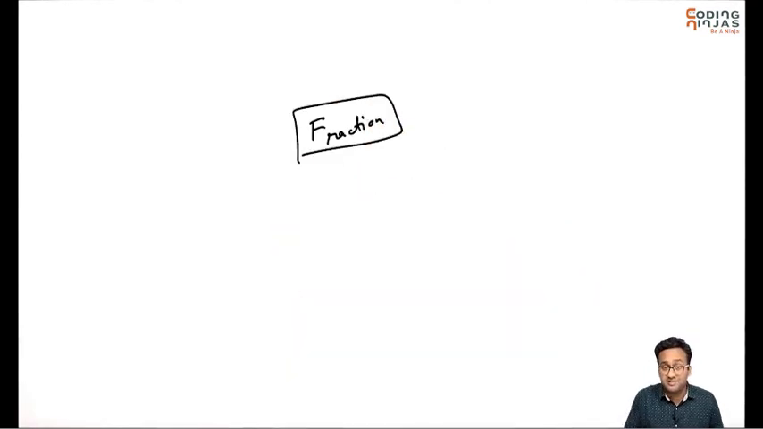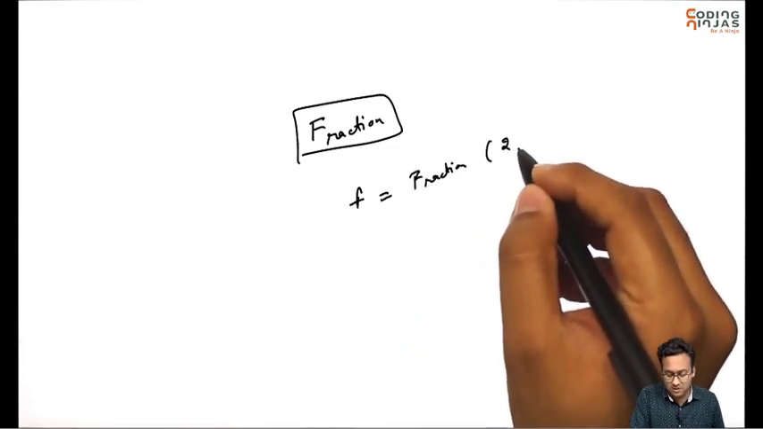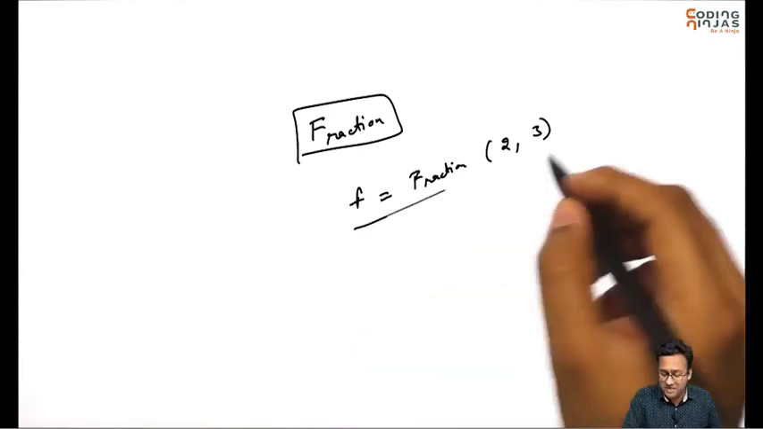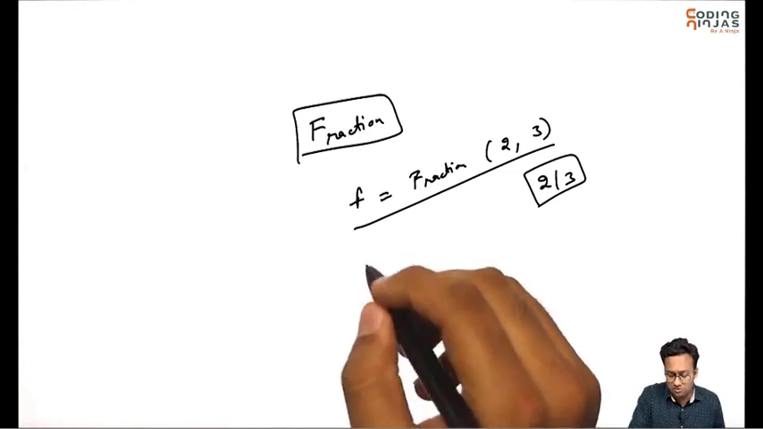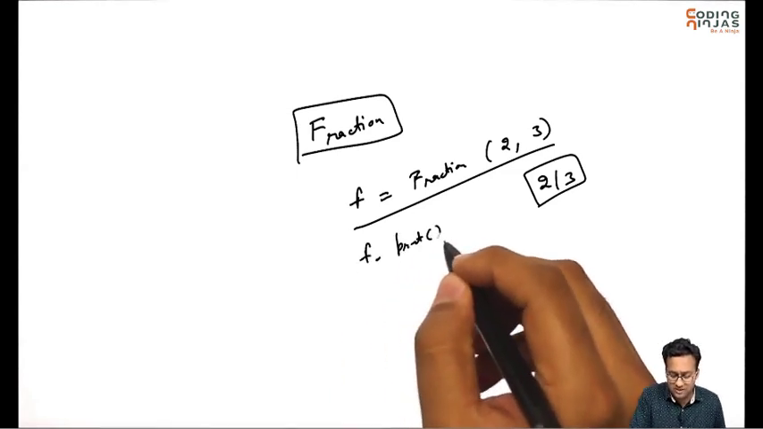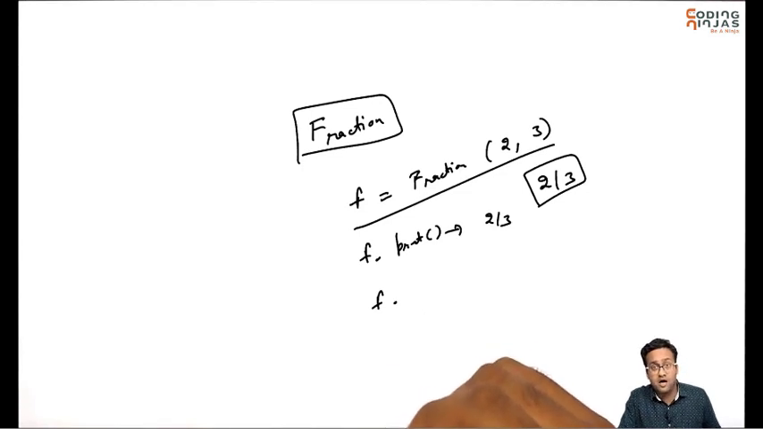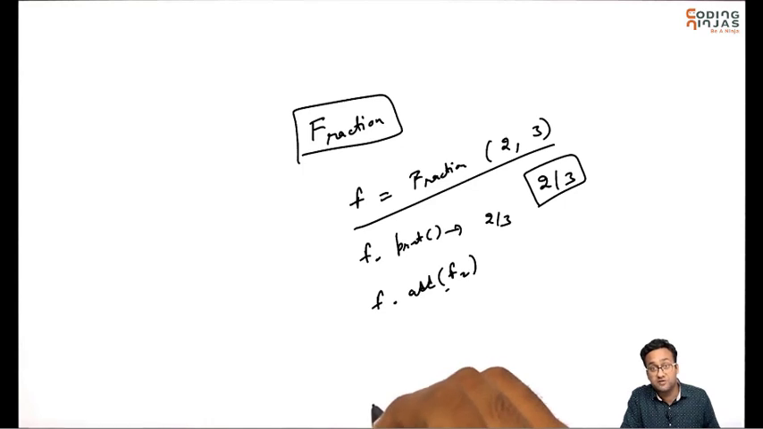What does that mean? That basically means that I should be able to create a new fraction, let's say, which should take two integers, arguably, and this represents 2 by 3. Right? This represents 2 by 3. So I should be able to say stuff like f dot print, and it should print 2 by 3. I should be able to say stuff like, let's say, f dot add f2. So if I have another fraction, I want to add it into this fraction,